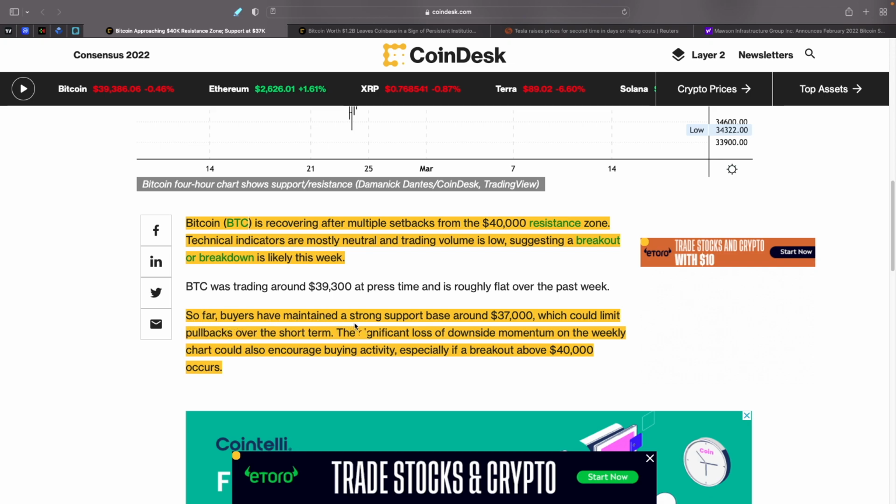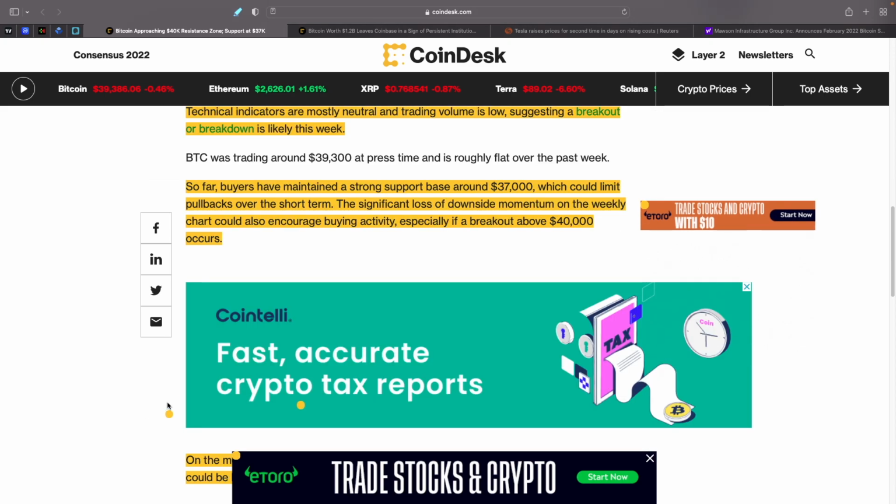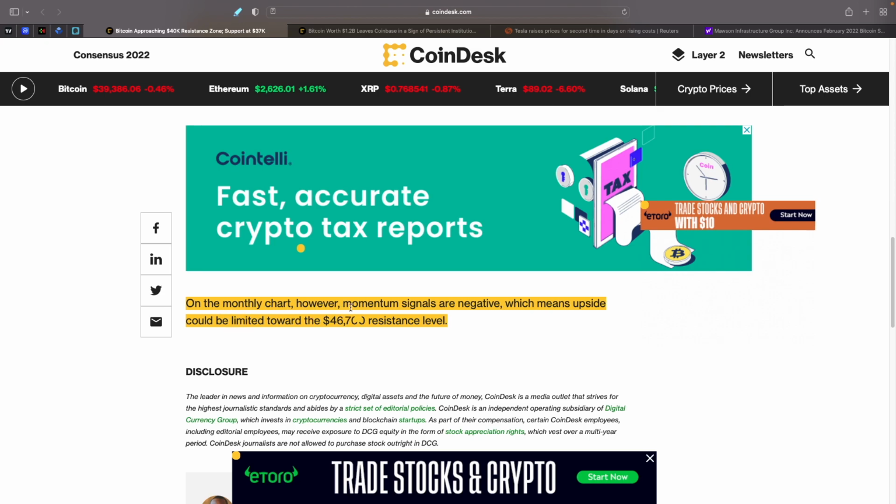So far, buyers have maintained a strong support base around 37,000, which we've seen it bounce off of multiple times, which could limit pullbacks over the short term. The significant loss of downside momentum on the weekly chart could also encourage buying activity, especially if a breakout above 40,000 occurs. And on the monthly chart, however, the momentum signals are negative, which means upside could be limited toward the 46,700 resistance level. So if we look at the chart here,